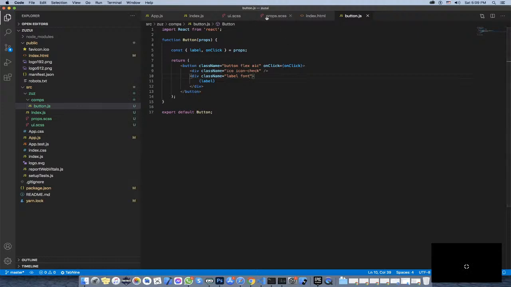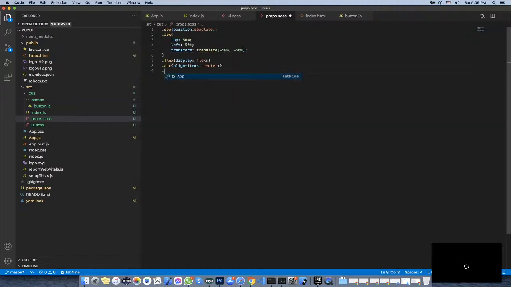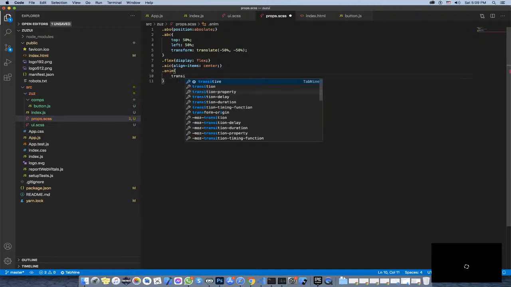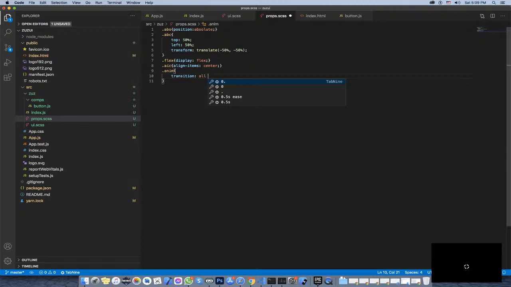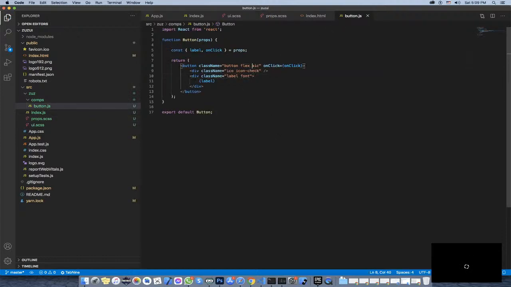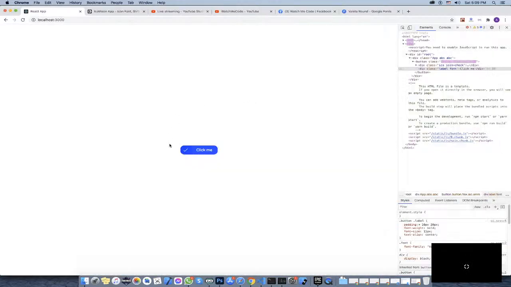And now we need to add a little smooth switching from one state to another, and it will have the anim class. The anim class will include a transition, all, and duration should be, let's use 0.2 seconds linear and 0 seconds. And for the animation to work, just add anim to the button, and this way we have a nice smooth switching